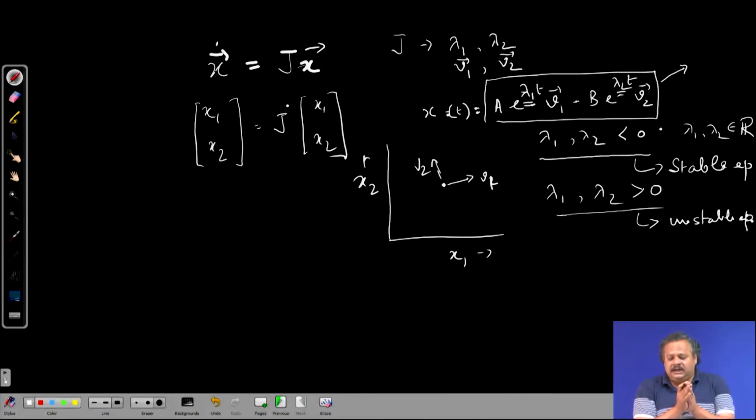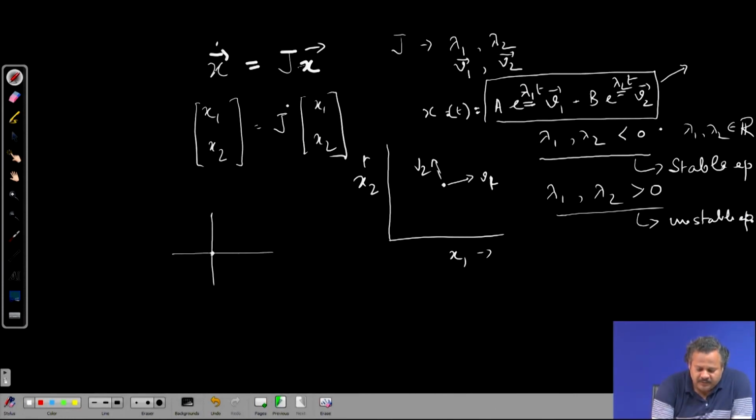And we will see that even for complex lambda 1 and lambda 2, if the real part is negative, then it will be a stable equilibrium point, but with an additional property of being a spiral, and that will be called a stable spiral. Similarly, when the real part is positive, then it will again be unstable with an additional property that it will be an unstable spiral, which means that